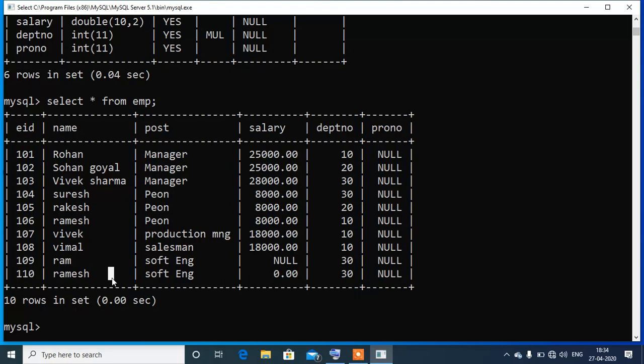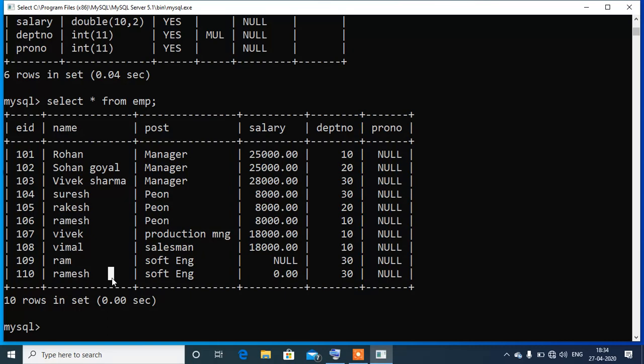Now suppose we want to assign some project number to employees. So here we want to assign project number 115 to all employees who are working in department number 10. Listen to it carefully. We want to assign project number 115 to all employees working in department number 10.